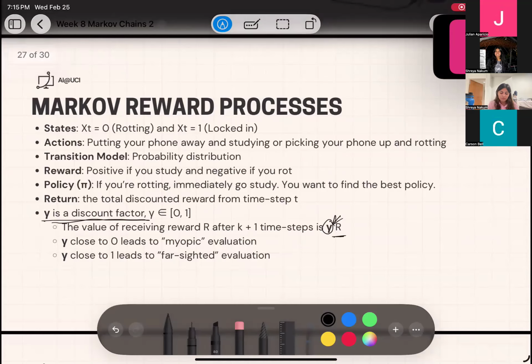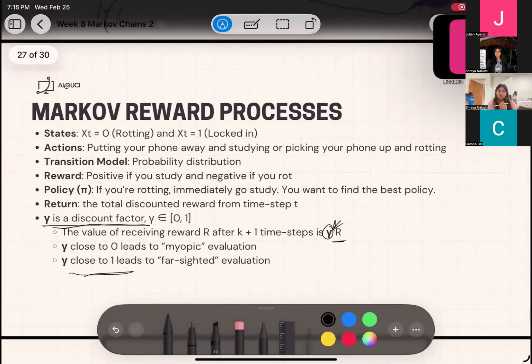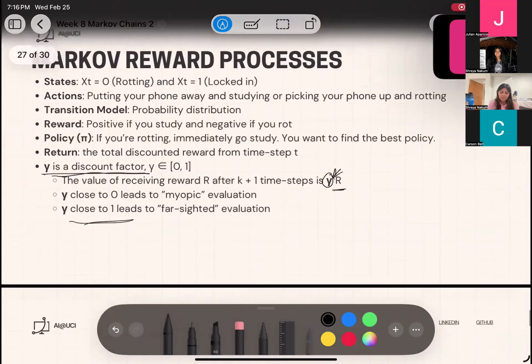Now, a discount factor closer to zero means I want something closer, because you're going to be decreasing the reward quickly, and that means you want to get rewards fast. Something closer to one means I just want the same reward. Let's say my reward was literally just one. Then it doesn't really matter. I can do things infinitely, or if I have a 99% discount factor, it'll be decremented by very little. So these two options would be great.